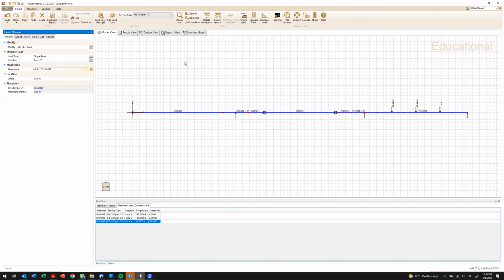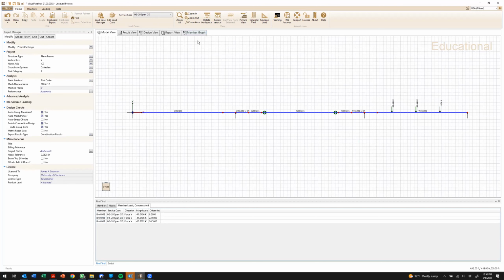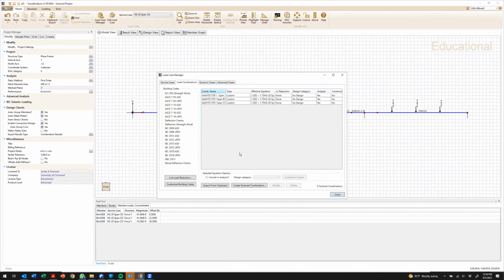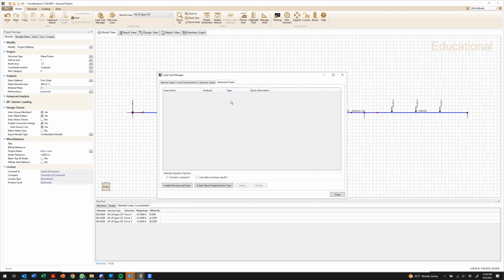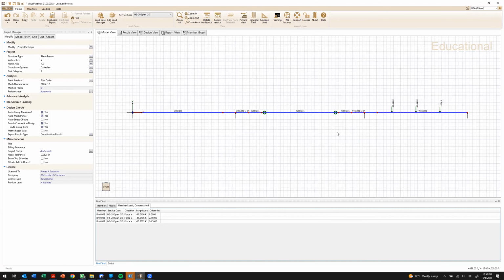That didn't work because of the K. All right, so there you go. So now the last question is, how do we do an envelope of those three? So you can come in here to load case manager again. And what you can do is advanced case, create envelope results. And there's a checkbox for that. And so if you do that, then we can come back to the results view